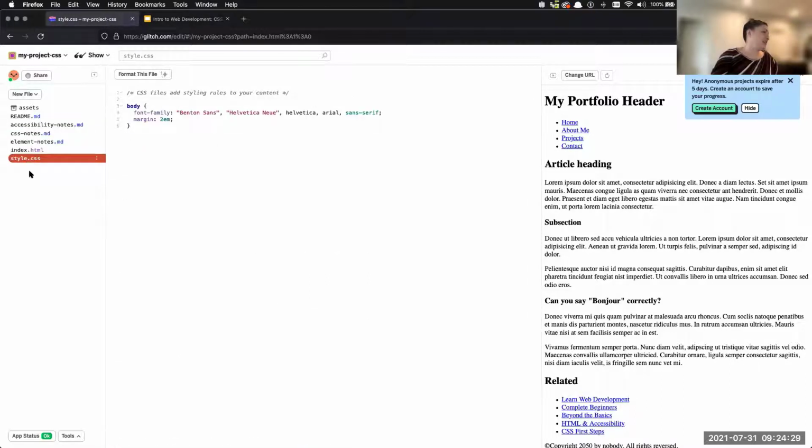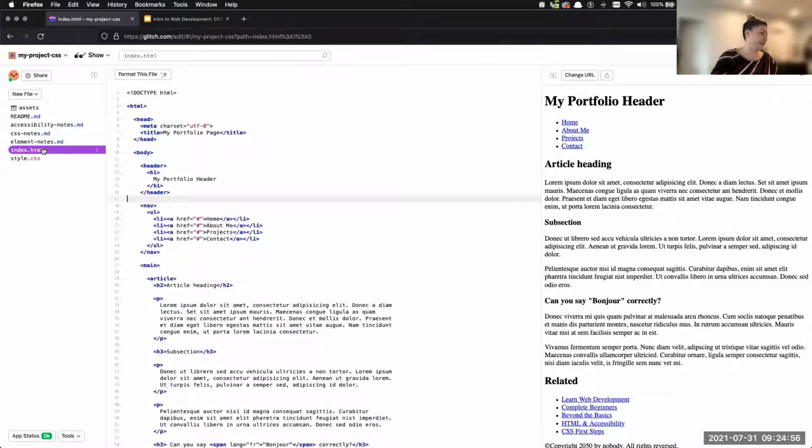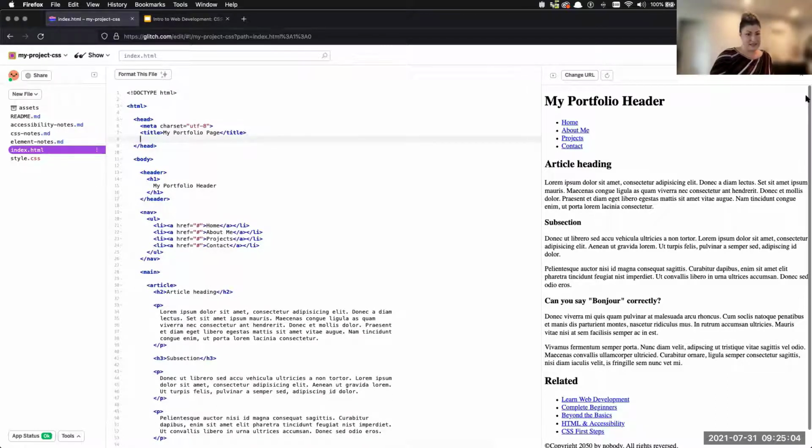So as you can see here, we have a style.css file. Now it looks like there's already some rules in here, but I'm not seeing that this text is in Helvetica. So it clearly isn't pulling in these styles into my HTML yet. So the way that we do that is we go into the index.html file. And in this head tag up here, we're going to put some code to link our style sheet